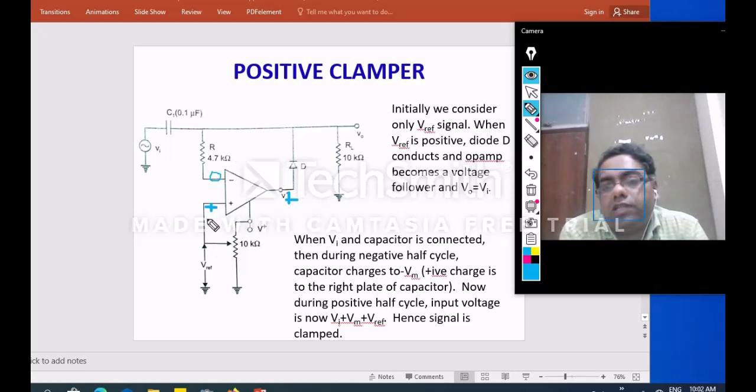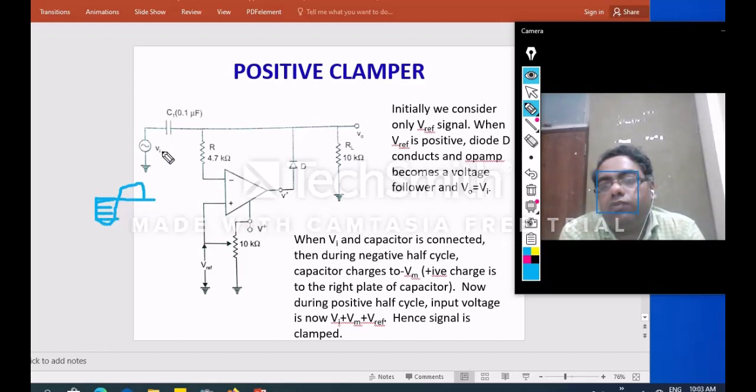Next we consider the presence of the AC input signal, and then what happens is, considering this as the virtual ground, we can say on this line we have V reference voltage. When we did not consider the input signal, the V reference voltage was there and the capacitor also charged to V reference. Now we are considering the input AC signal and the capacitor, and the input voltage is actually sinusoidal, but we begin the explanation by considering that initially we have this negative voltage.